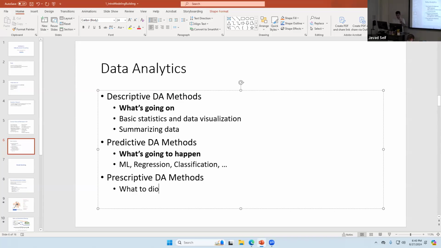Or decision making. What is it? Decision making. Yes. What to do, basically, like you said, decision making. Here, the tools that we have are optimization methods,